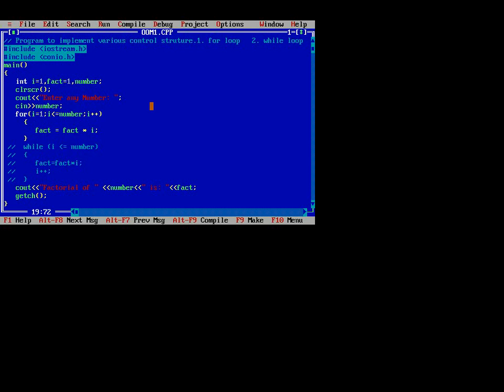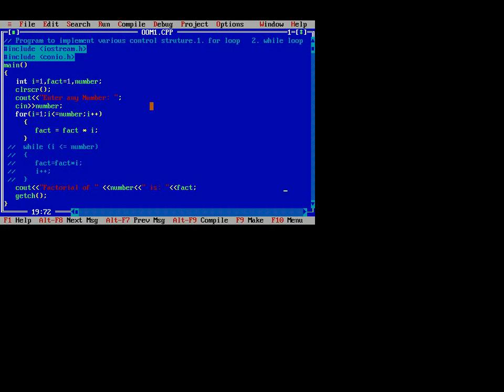Now we move to the program. In this program, first we include the header files, that is iostream.h and conio.h. Under iostream.h there are two objects. First is cout and second is cin. Cout is used to print messages on the output screen.